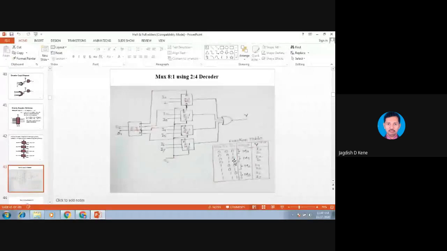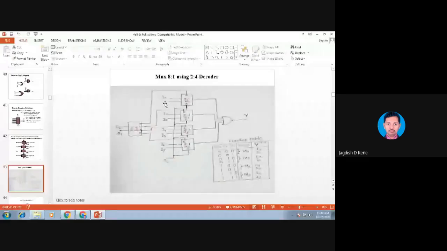Like that M0 to M3, and the particular I0, I1, I2 are connected to the output side. When S is 0, I0 will get transferred. When this is 0, 0 and this is active along with S is 1, I1 is connected to Y. Likewise you can design, but for every design you must first design a truth table.